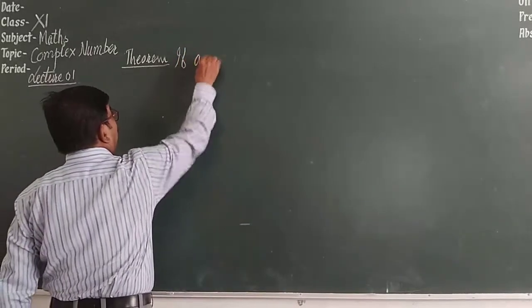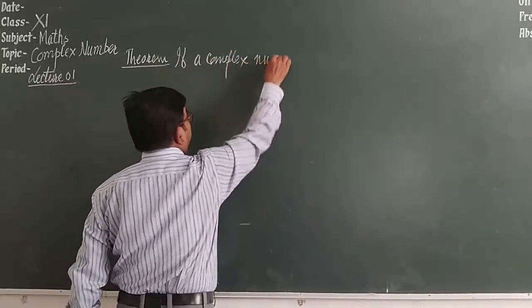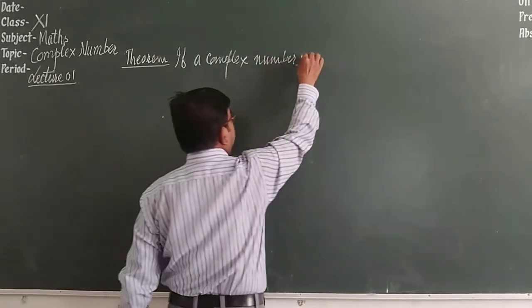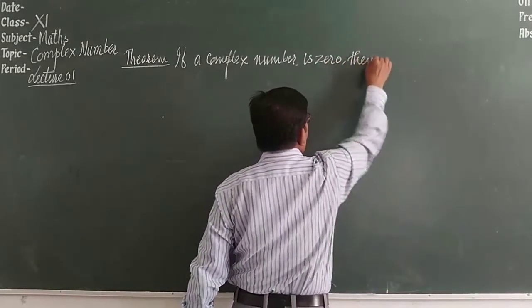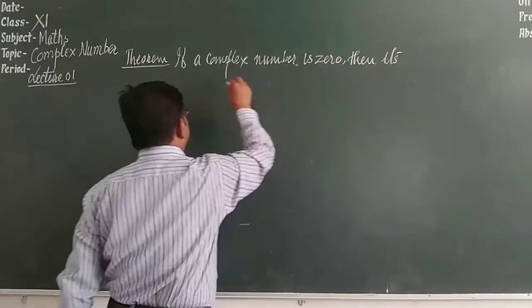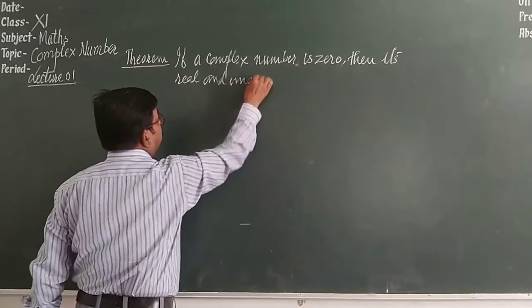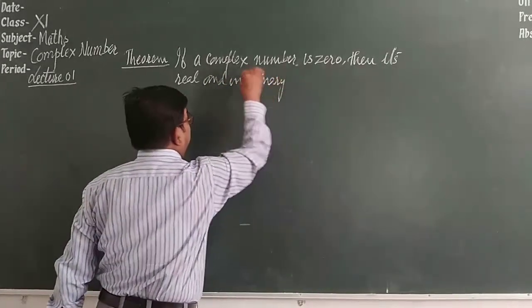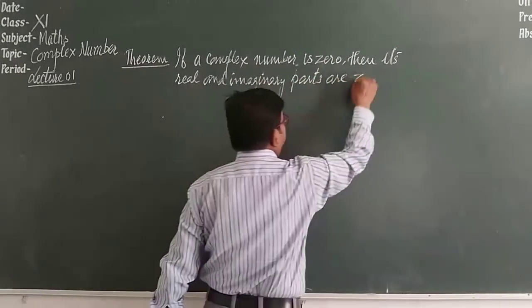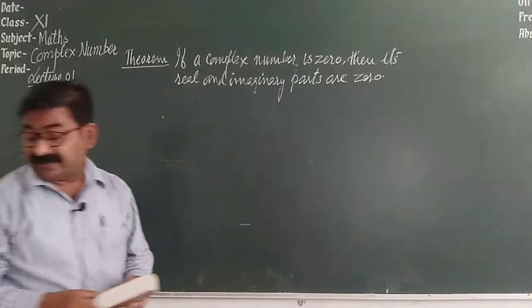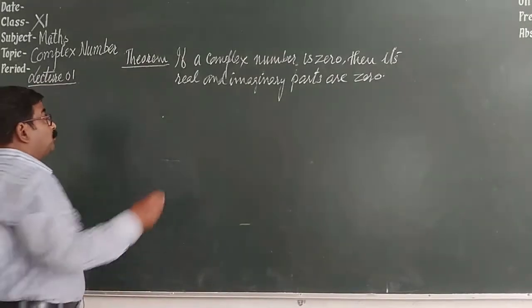If a complex number is zero, then its real and imaginary parts are zero. Its real and imaginary parts are zero. We have to prove. So proof,